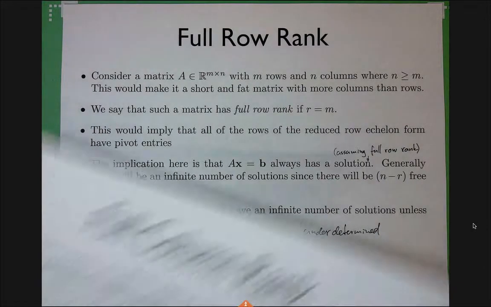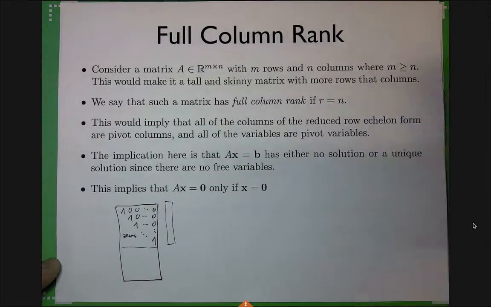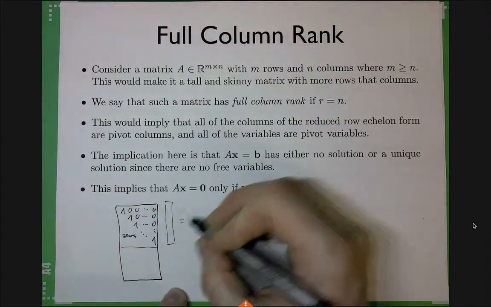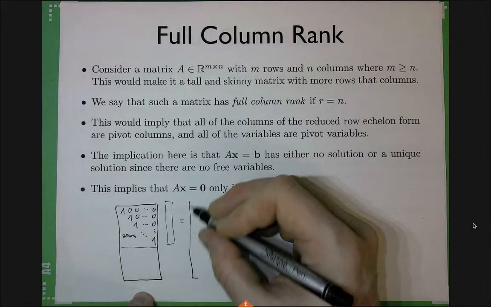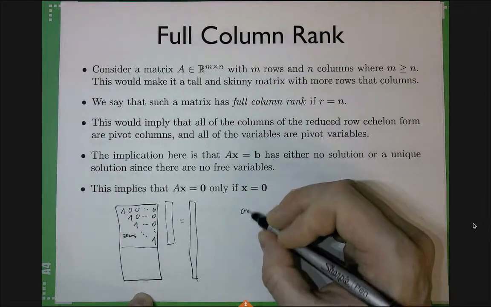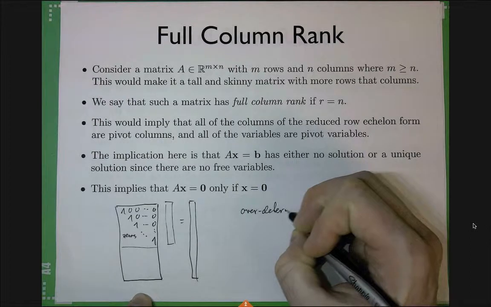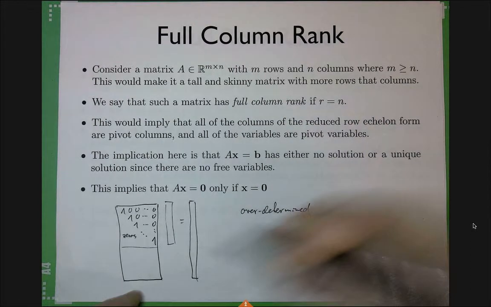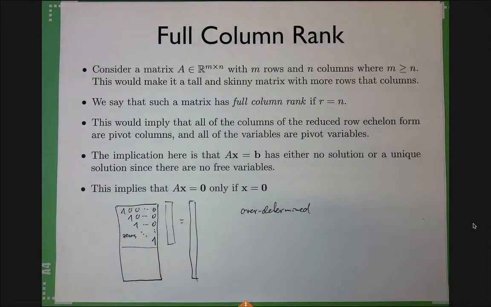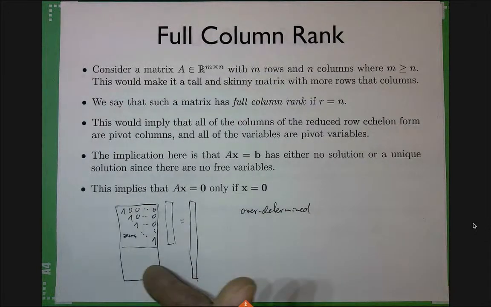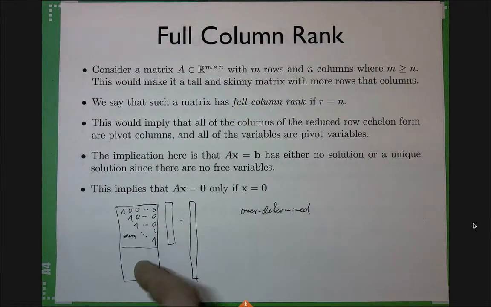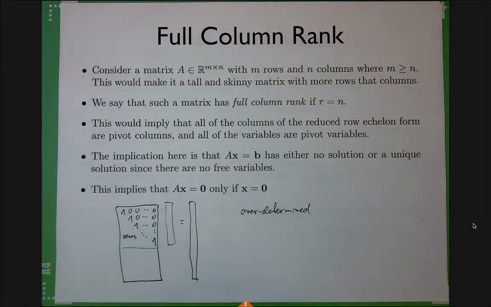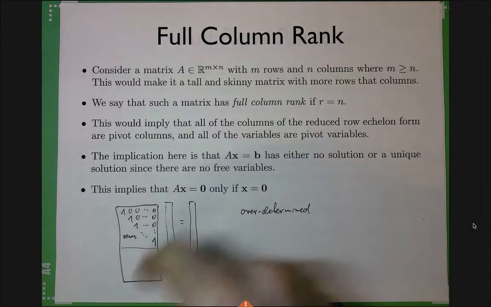In the previous case, the full column rank, this is sometimes called overdetermined, because that means we have more equations than we have unknowns, right? So we need to be lucky for there to be a solution at all, and if there is a solution and the column rank is full, the solution is unique. So we are barely lucky if we have any solution at all, right? It's because here we are asking for more than we have degrees of freedom,